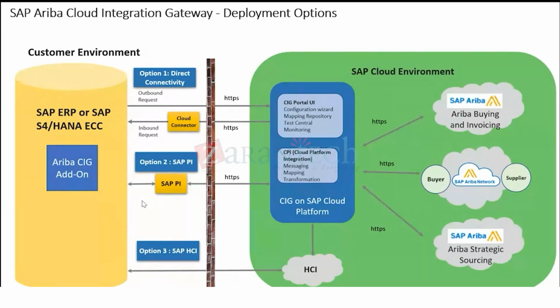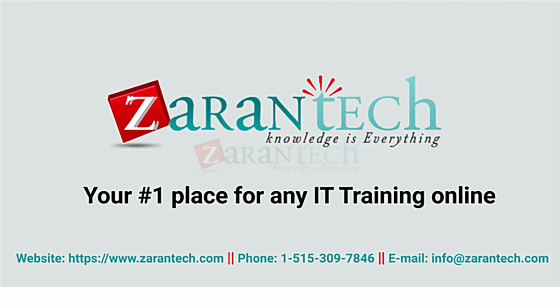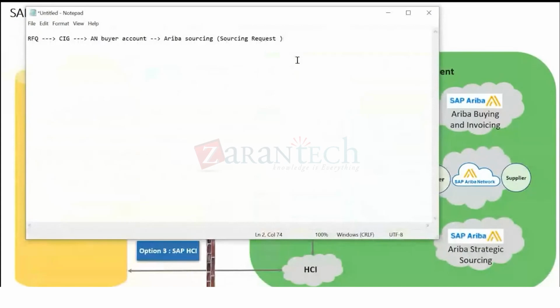So this is basically the architecture also, and these are the three deployment options that are available for these cloud integrations. There are two types of deployment option with SLP. In case you're talking about SLP integration, one option is that you configure everything on SM administration, and then the data will come from SM